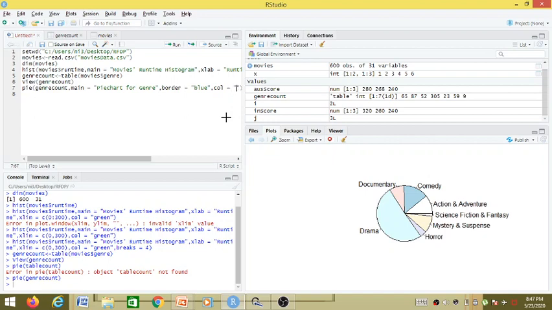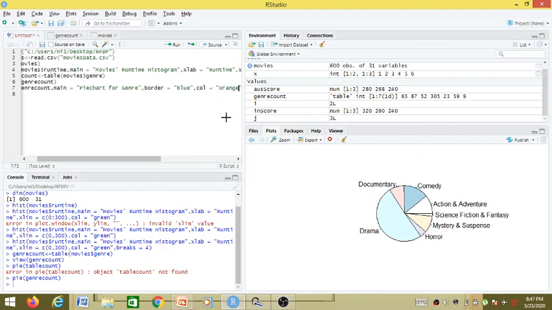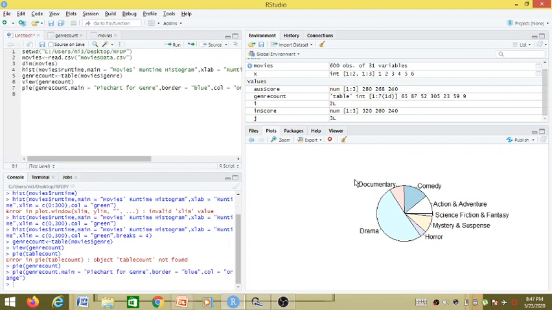So I can have, say, orange. If I run this, you can see our pie chart has been modified. So this is how a pie chart is created, and we can also customize it.